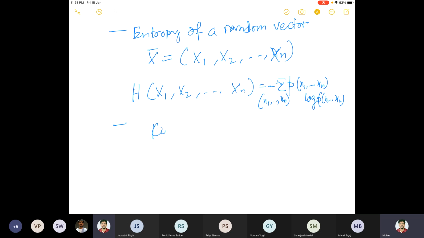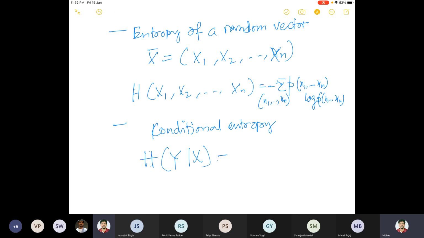So okay, let me write it first. Conditional entropy. Because I said, okay, entropy is kind of a function of a random variable. Random variable could be equal to a conditional random variable. So then you can have this H, any kind of random variable, and then you can have something like, let's say, H of Y given X.